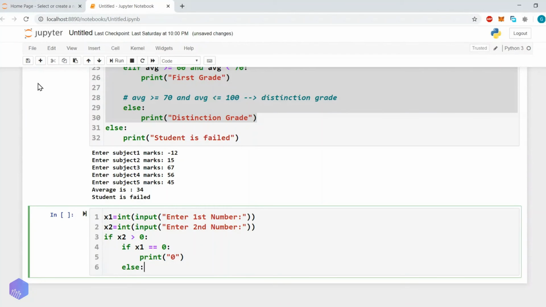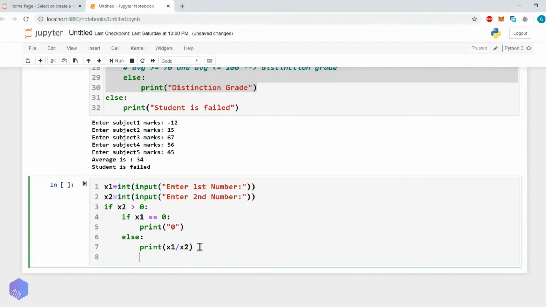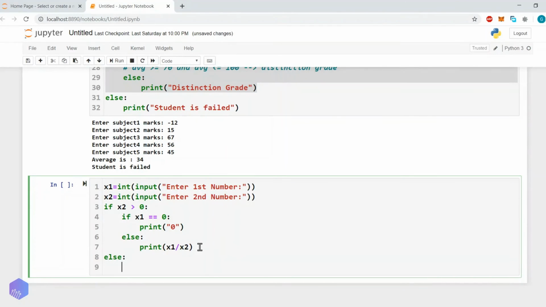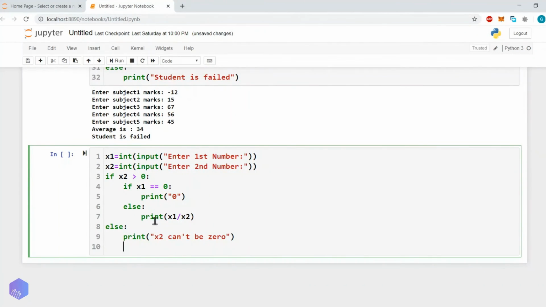Else print x1 floor division x2, or you can also use simple division. And then else, we will display the message print x2 can't be 0. Here actually we are not writing another program, but I just wanted to show you